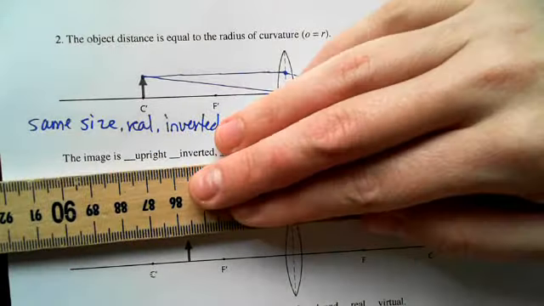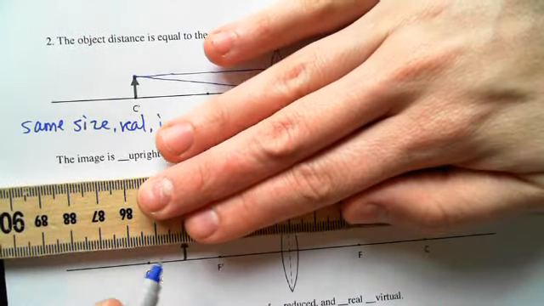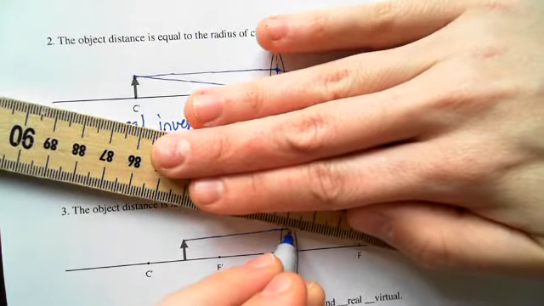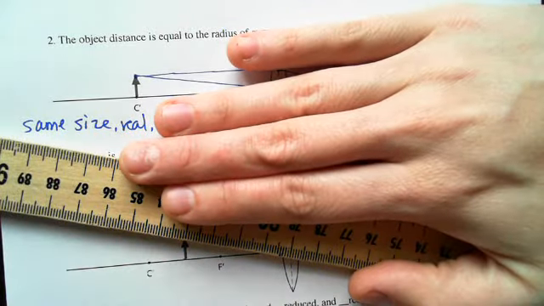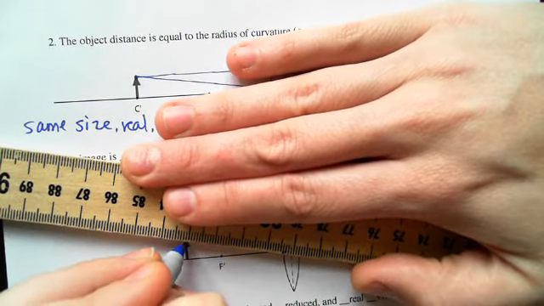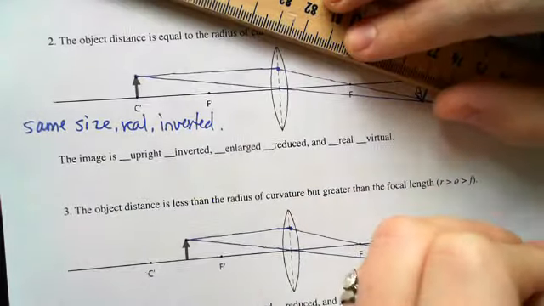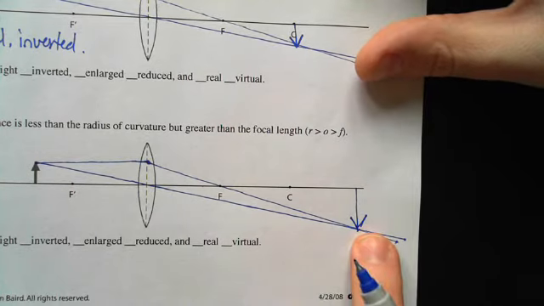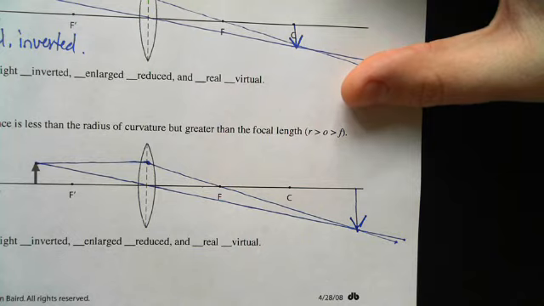All right, for the third one, we've got between the center of curvature and the focal point. Same thing, guys, not changing anything. We're going to go parallel to focus, and then through the center of the lens. As you can see, that image is going to be inverted, larger, and real. So the acronym we're going to use to remember that is